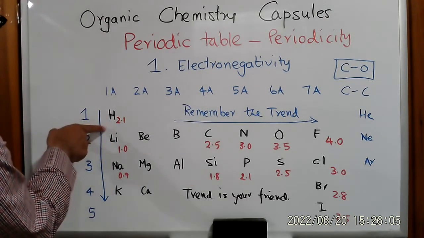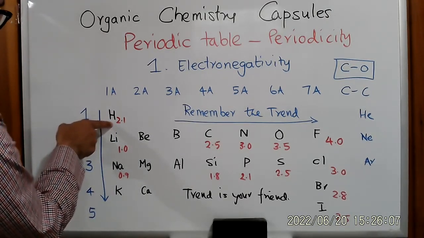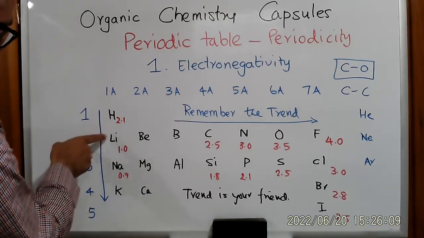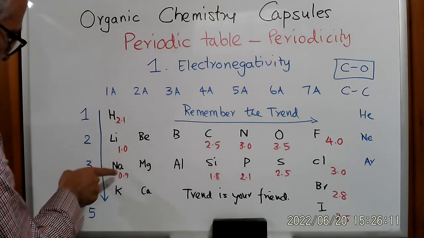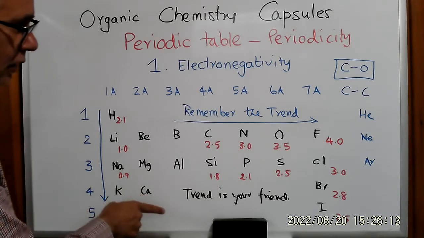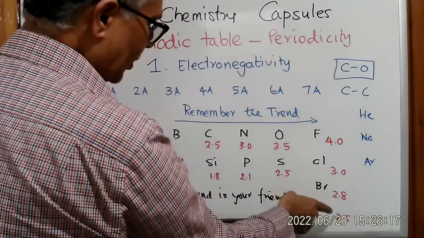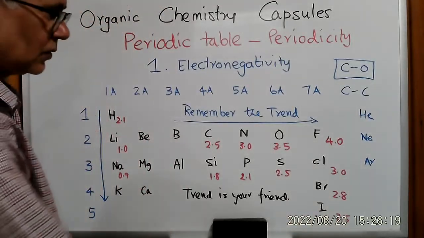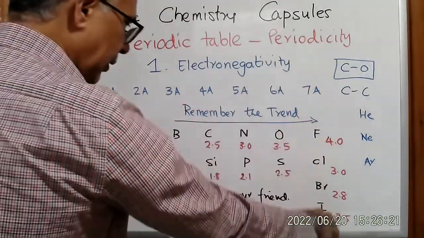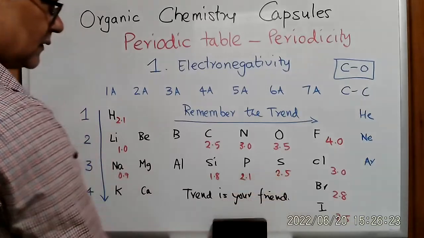So you see hydrogen, row 1, electronegativity is 2.1, and it's decreasing. Lithium is 1.0, sodium is 0.9, fluorine is 4, chlorine is 3, bromine is 2.8, iodine is 2.5. So see the trend as you go down the periodic table, it decreases. So